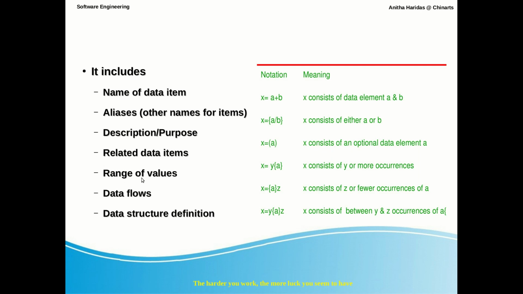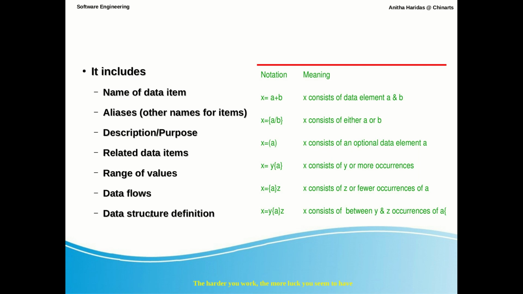Say, for example, if you are going to have a unit test, sometimes you may have the unit test as one of the data items. By then, the range of values can be specified. What can be the range of values? For the unit test, the minimum test mark must be 8. In the unit test, to get a pass percentage, minimum you must get 8 and the maximum is 20. Like that, if you have any range of values, that can also be specified.